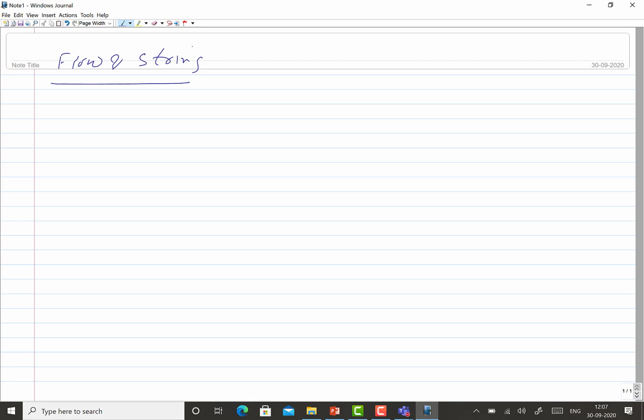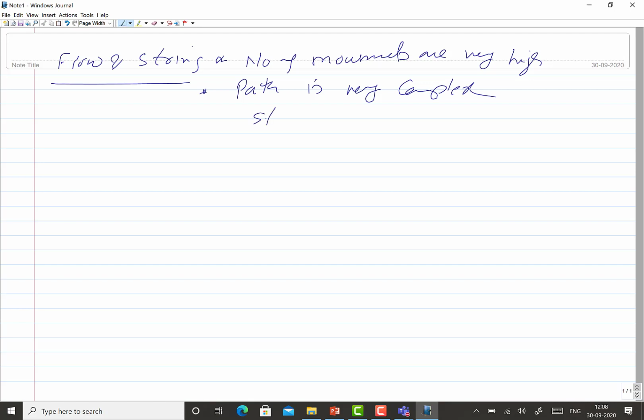But when the number of movements are very high, this is one, and the second, when the path to be covered is very complex, in these two conditions, both the string and flow diagrams become very complex for visualization and to make inferences from.